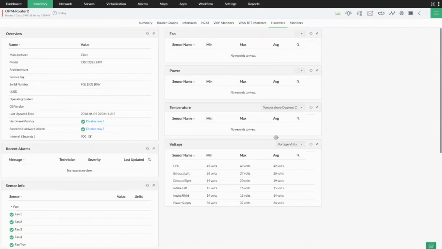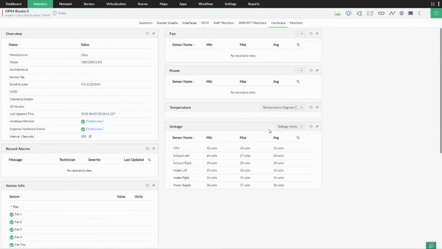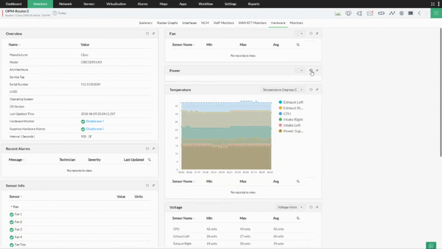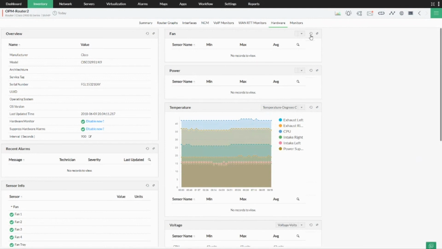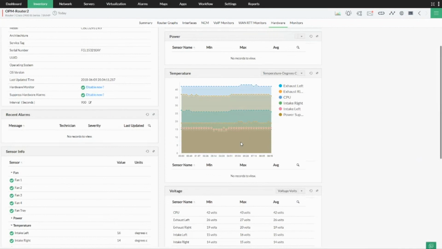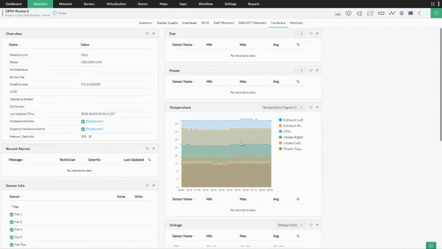And I could also see graphical information about the temperature and how it is being monitored, which particular metric is using how much, and if it's power consumption, how much power is used by what particular process, and if it's fan speed, I could view them. And likewise, the voltage consumption of each and every metric or sensor which is running on this particular device. So the complete hardware-based monitoring is there.